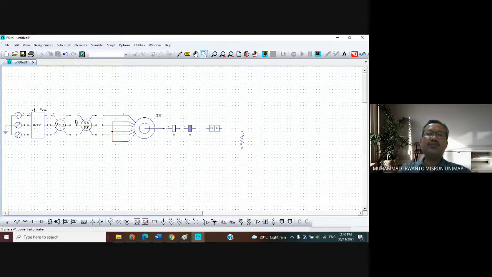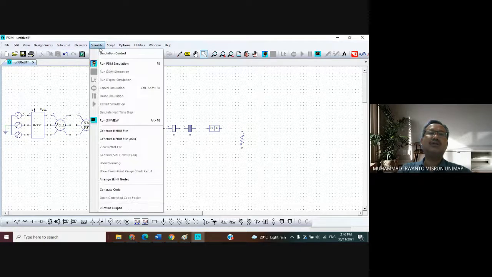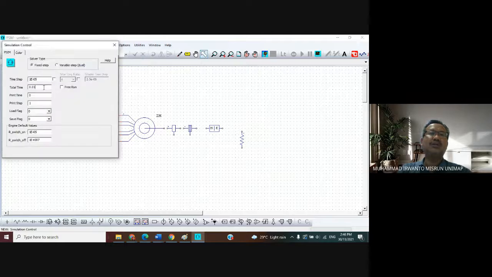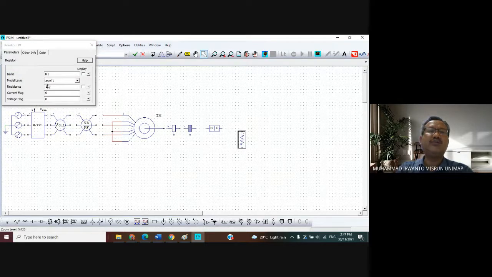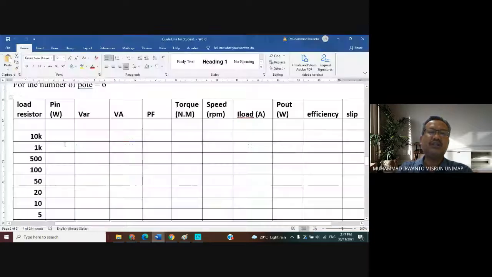Now, in here, when we run, for example, you can give the simulation control a total time of 10, meaning to achieve the steady state value. Remember, for all the RMS here, you can observe the steady state value for the ring, because we have the X1 and X2 in the steady state value. Okay, this one. Now in here you change this value of the resistance, for example in here like this one.